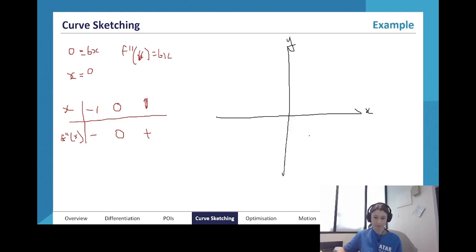So we're going to have 1 down here, 1, negative 2. And then at negative 1, 2 are going to be our two stationary points. Now we know that our point of inflection is going to occur at 0, and we know